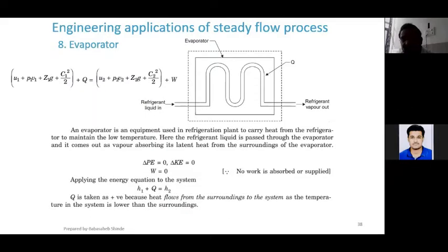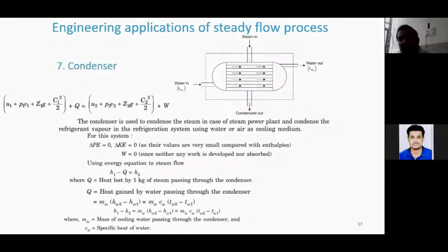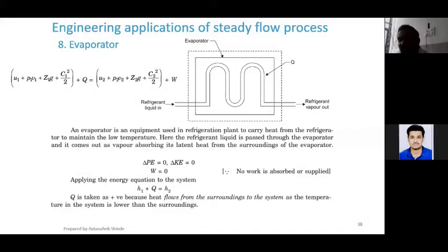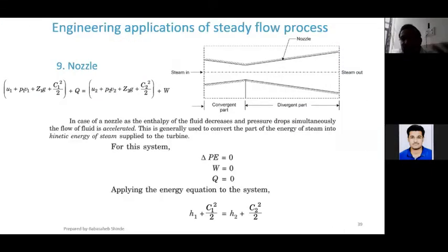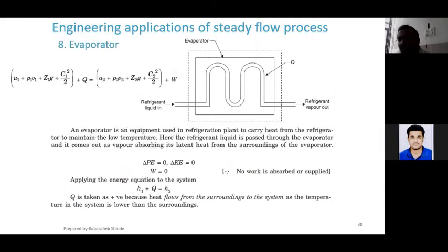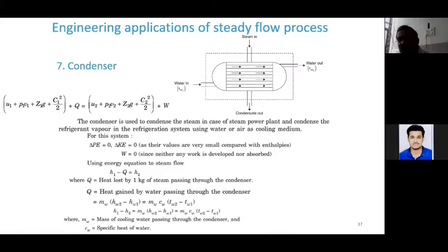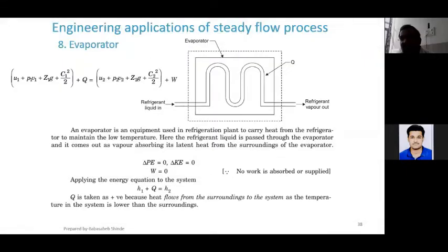Now we know that condenser and evaporator both are nothing but the heat exchangers used in refrigeration system, air conditioning system. The refrigerator that we have in our house consists of those two devices, evaporator as well as condenser. Evaporator is nothing but the tubing inside the refrigerator, and condenser is the tubing outside the refrigerator that we see at the back of the refrigerator. Those tubes are nothing but the condenser, and the tubes inside the refrigerator are nothing but the